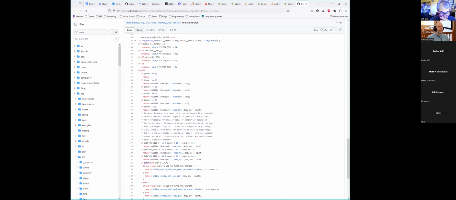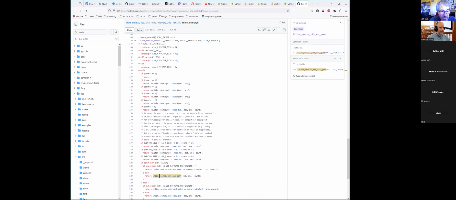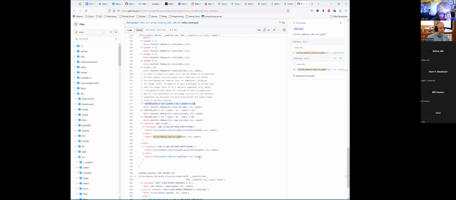This if constexpr I see is full. So these if tests are in fact free. The vector size is free. This is not. Oh, it has a test versus count. Yeah, okay. And that's also going to disappear. Somebody else is highlighting this greater than 64. Yeah, and then there's a big one, and there's another big one down here with prefetching turned on.